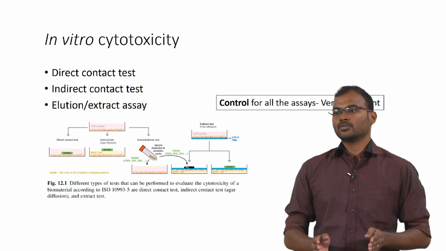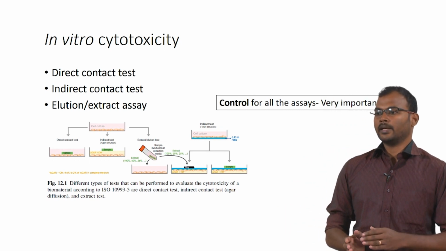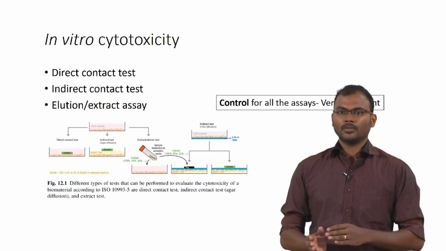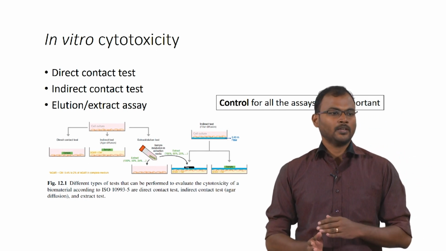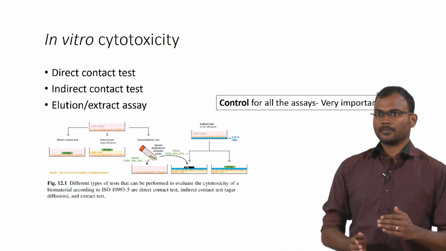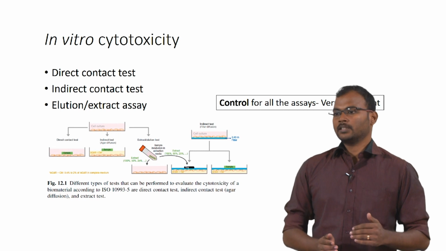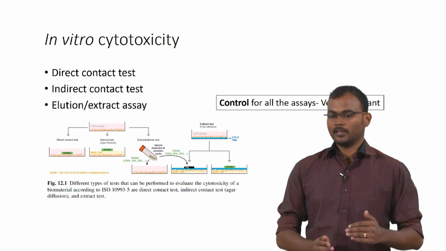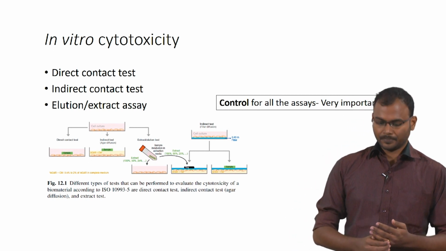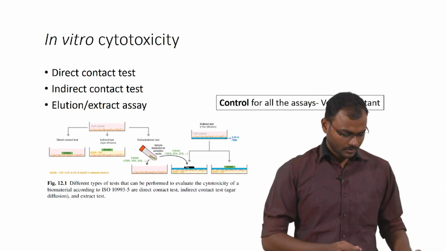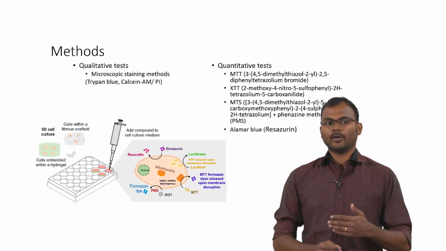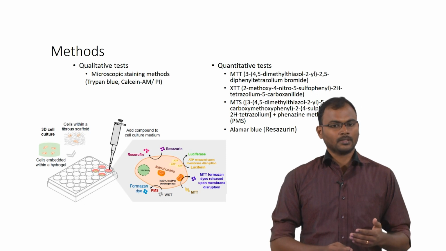So, based on those only, within that range, you can decide whether your material is cytotoxic or not. Usually, according to literature, if your material causes below 70 percent cell viability, that is, more than a 30 percent decrease, then your material is not suitable for the biological application. So, now we saw the experiment to identify whether your material is toxic or not.